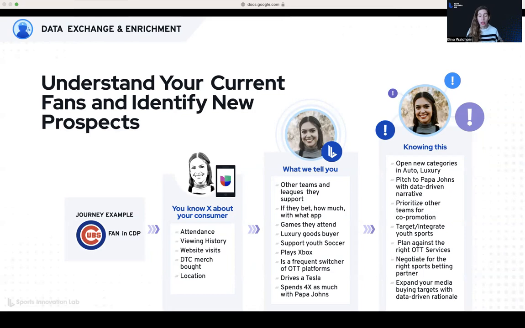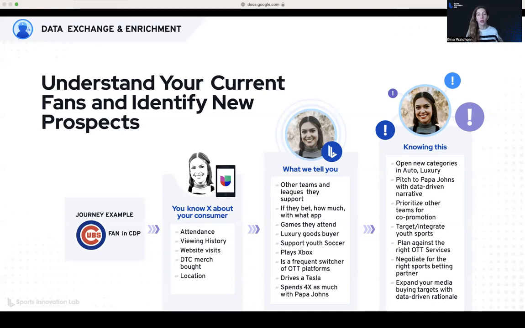Maybe today you know what they watch. Maybe you know if they attend your games. You've got some website data and maybe an email, maybe some geographic location data. But you're missing what else they buy and how else they behave outside of your closed ecosystem. We can partner with you to provide that context and intelligence so you can see what other teams and other leagues and other sports they're interested in, what brands they buy, what categories they shop, if they're youth participants or not, if they're gamers or not, and all of these robust attributes and appends that can truly and exponentially increase